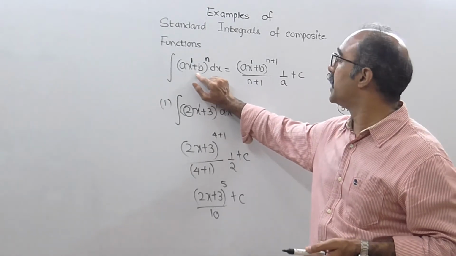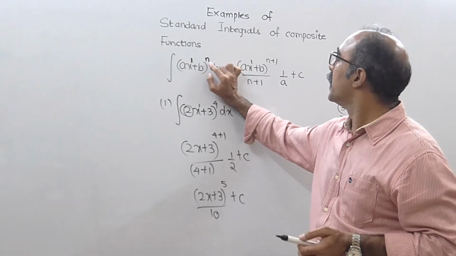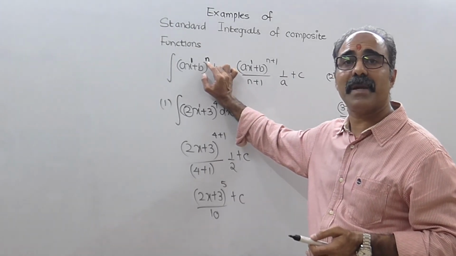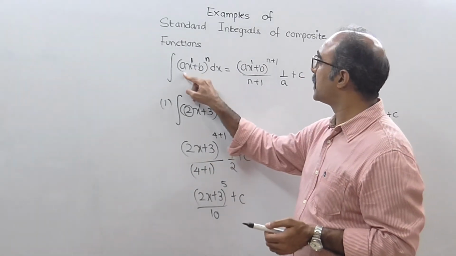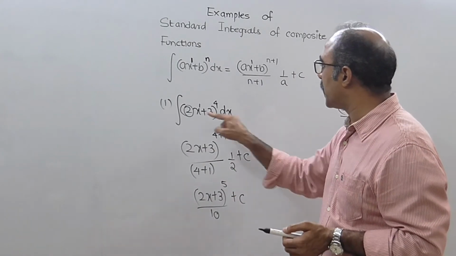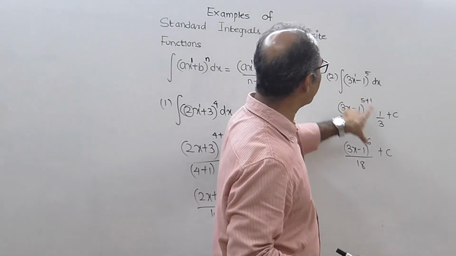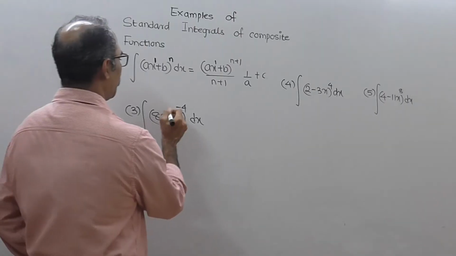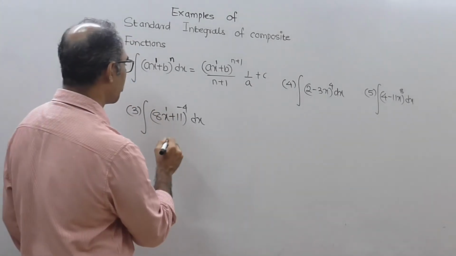You just ensure that it is a linear function and has a number in the index, and whenever you have a number in the index, that function is supposed to be classified as a power function. So automatically the formula will become n plus 1 upon n plus 1, and if it is a linear equation, take it as 1 upon coefficient of x. That is, coefficient of x is 2, so this is 1 upon 2. Here the coefficient of x is 3, so you write 1 upon 3, and 6 and 3 product will give you 18 as the answer. So power of x is 1. Always ensure that the power of x is 1 if you have to use the composite function formula.